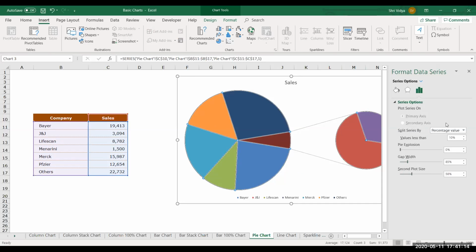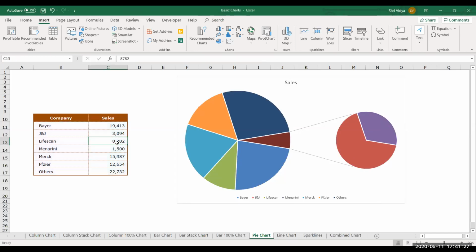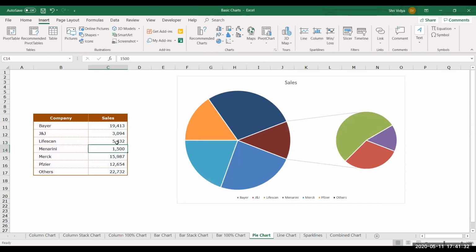So like this. Now you can see here there are only two values taken. One was almost about 10%. Now let me change this to... see, even that gets added here. Anything that amounts to less than 10% will be displayed in the secondary pie. So this will have a better visibility of all those series which have very minuscule value, which cannot be displayed in the same pie that we have.